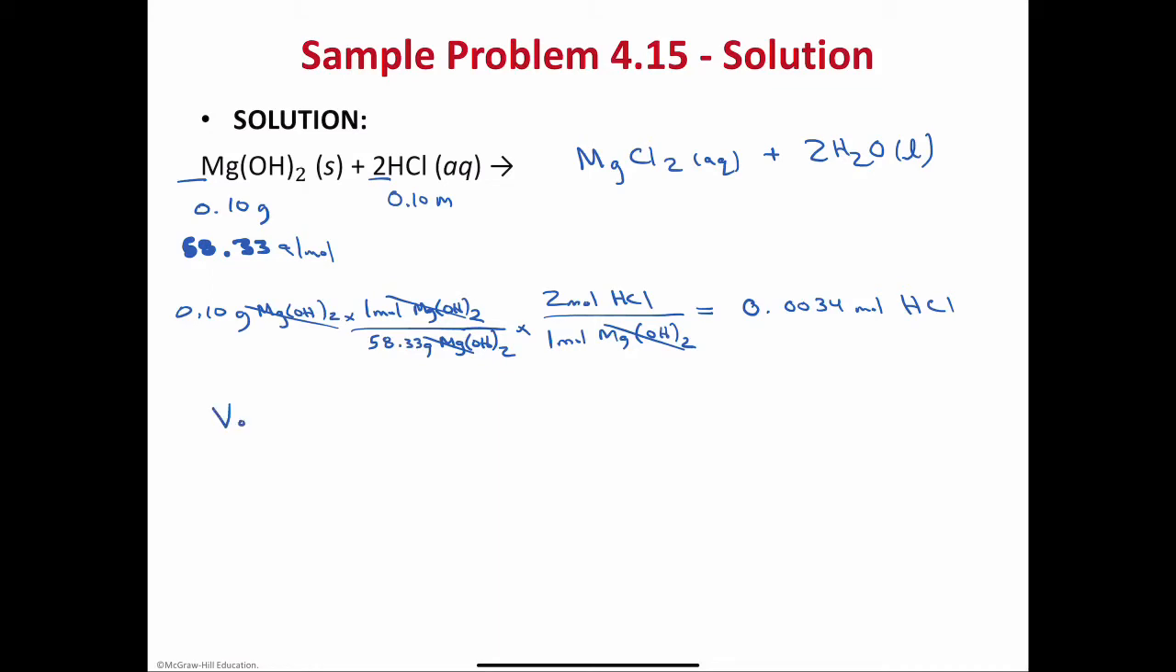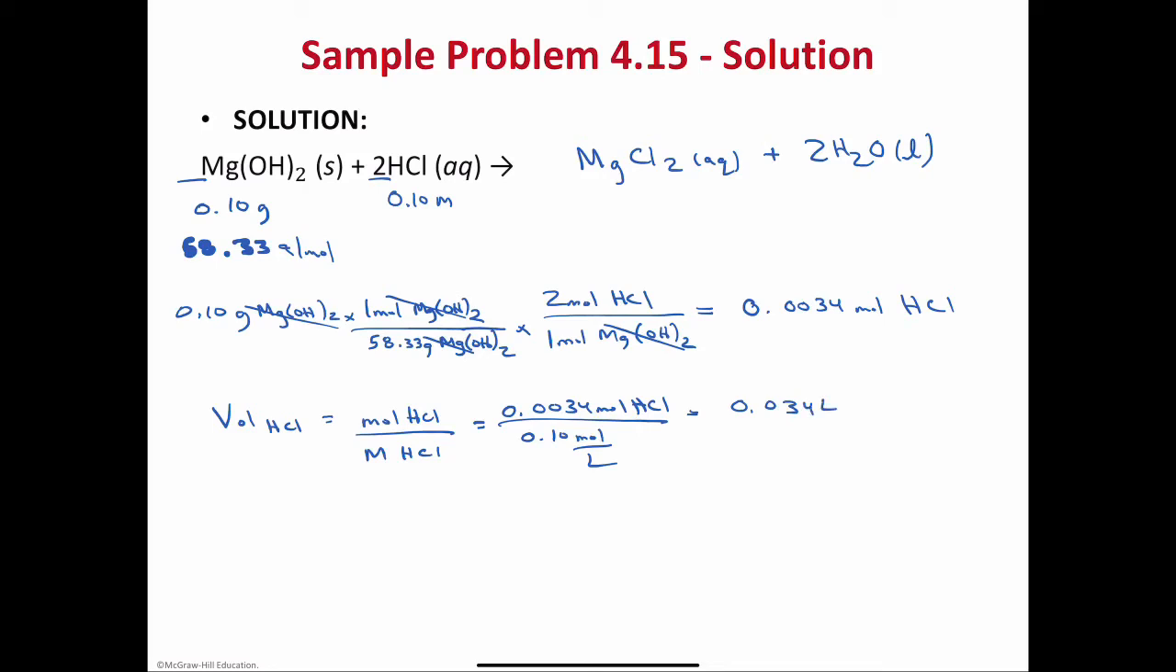So this is just a quick calculation. In order to determine the volume of HCl, I'm going to take the number of moles of HCl and divide that by the concentration of HCl in moles per liter, and that will give me the number of liters of HCl. So when I take my 0.0034 moles of HCl, and I divide that by my concentration, which was 0.10 moles per liter, I get the number of liters, which is